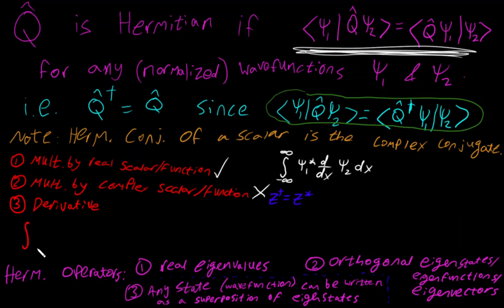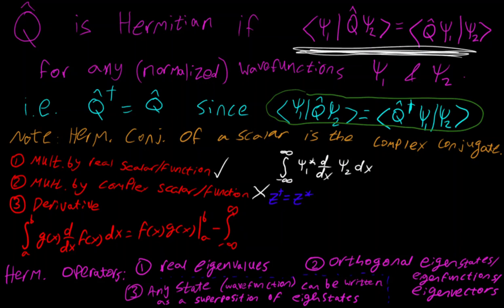The integral from a to b of g of x times the derivative of f of x dx equals f of x times g of x evaluated from a to b, minus the integral,